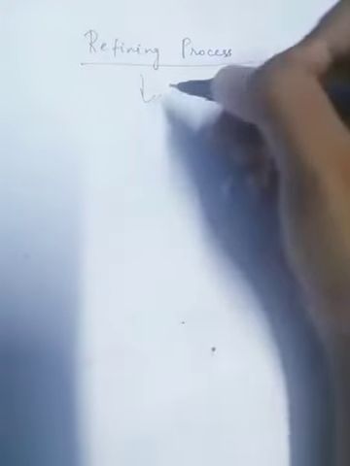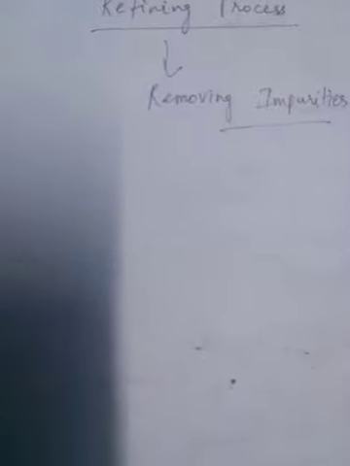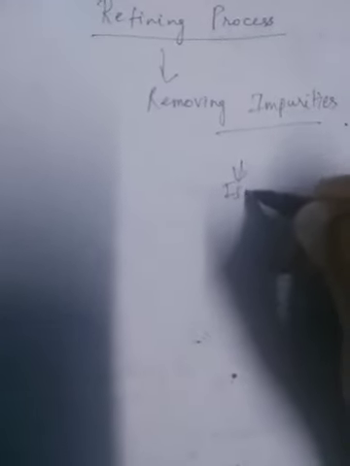So now we have extracted the metals. Now we have to purify them. Purify the metals we have got due to several processes. So that purification process, like removing impurities, is called the refining process. Removing impurities is called the refining process. There are so many processes of refining in order to isolate crude metal.